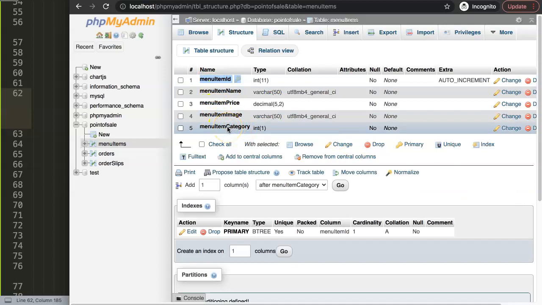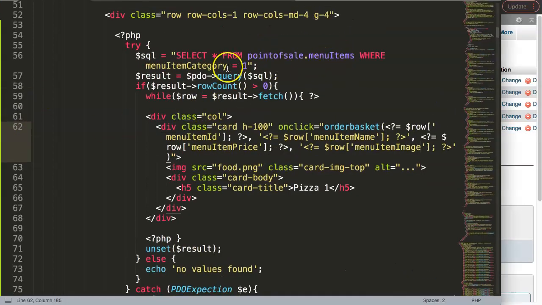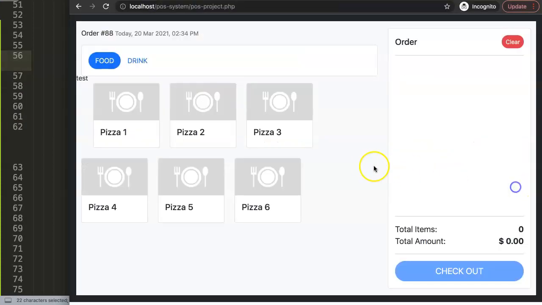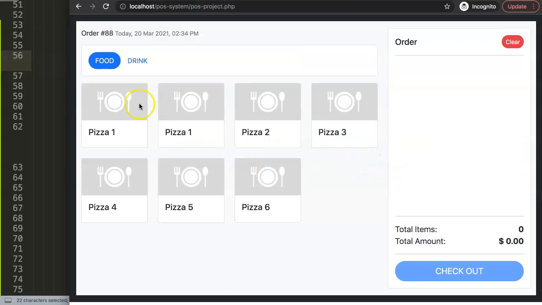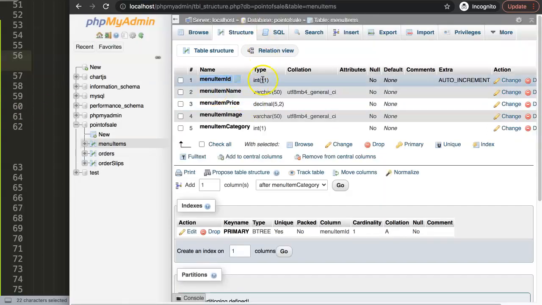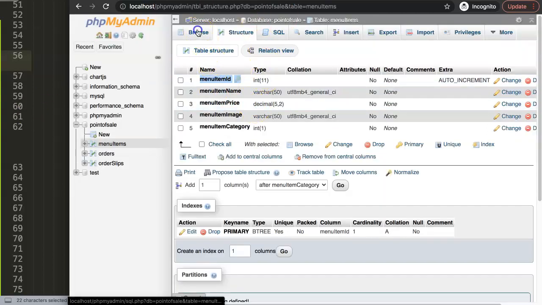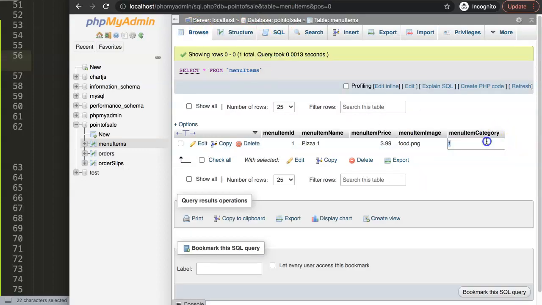Except for the category, we don't need the category here. Why we don't need the category? Because the category will filter out here, and I'm going to show you later on how this works. If we save this, refresh, we have this now, and you can see now we have 7 items. We have double pizza, pizza 1, which is correct. Alright, so now we have this here, and if I change this in here to 0,